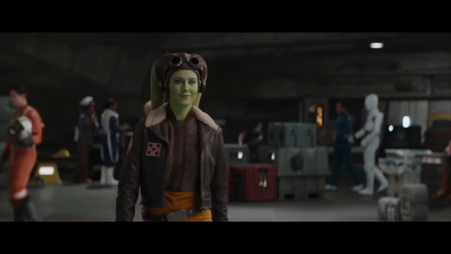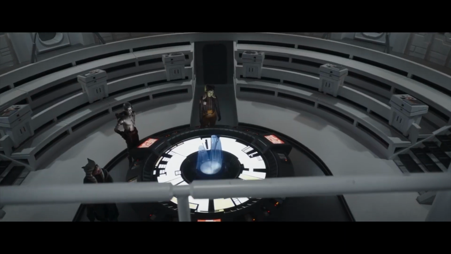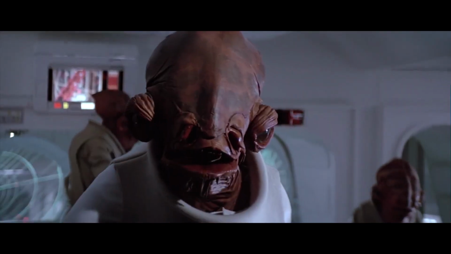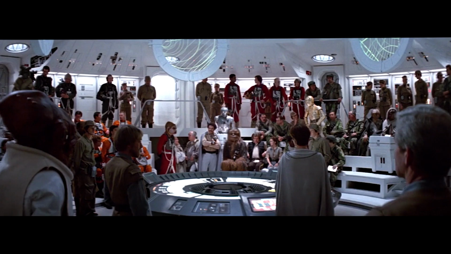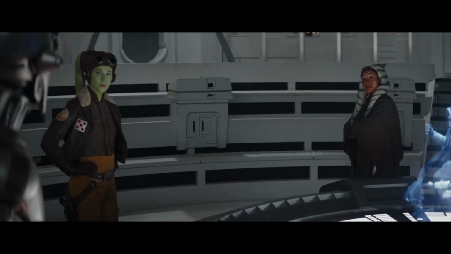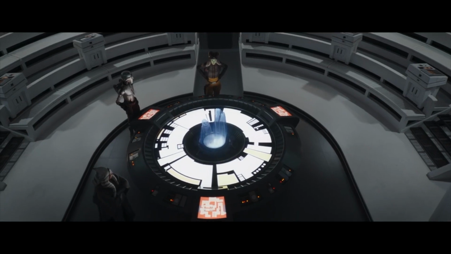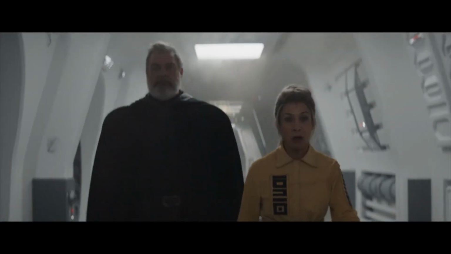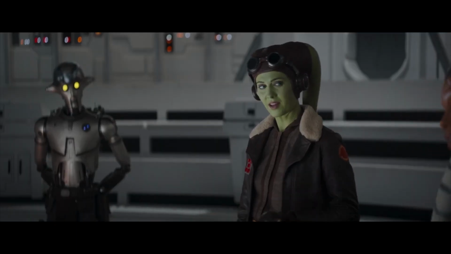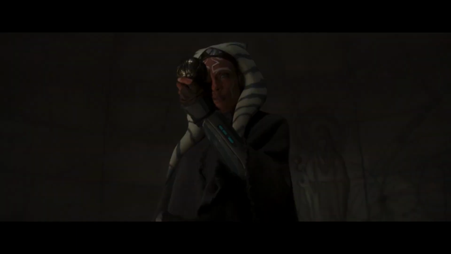Ahsoka is contacted by General Hera Syndulla, and Ahsoka rendezvous with her aboard Home 1, which is Admiral Akbar's ship. In fact, this could very well be Akbar on the bridge. Hera briefs Ahsoka in the same room where Mon Mothma gave the rebel leadership a briefing on the attack on the second Death Star. Hera shows Ahsoka the two unknown figures who liberated Elsbeth, showing holoscans of their appearances and lightsaber hilts. Hera suggests Ahsoka go to Sabine to ask for help to figure out how to